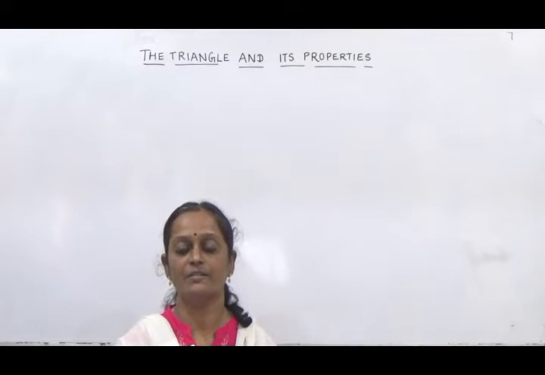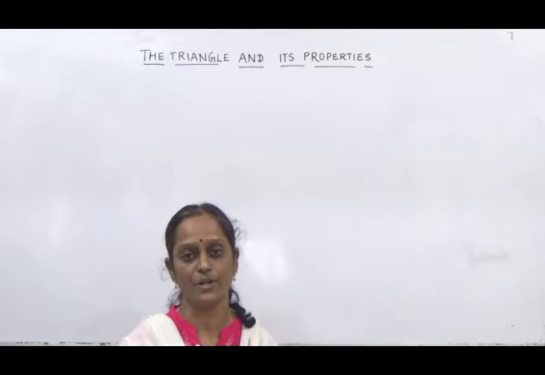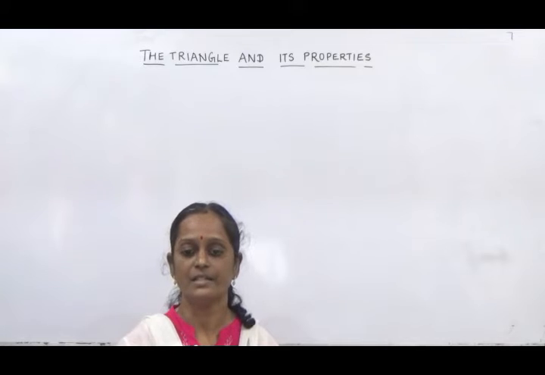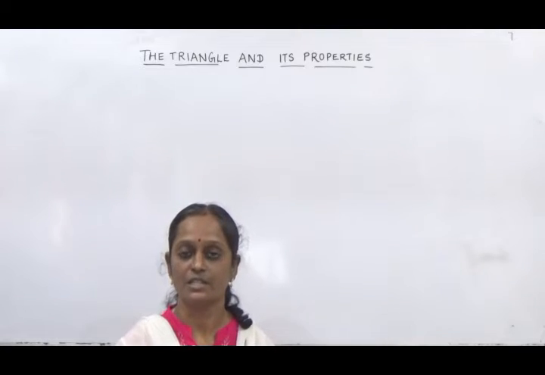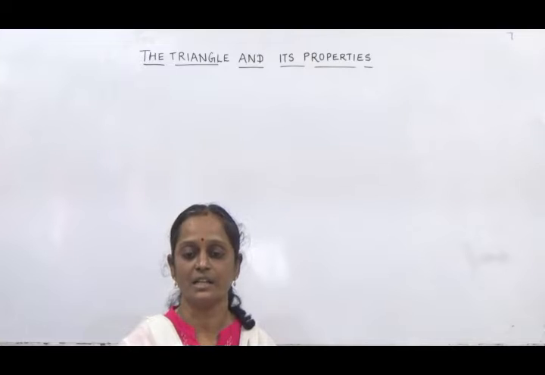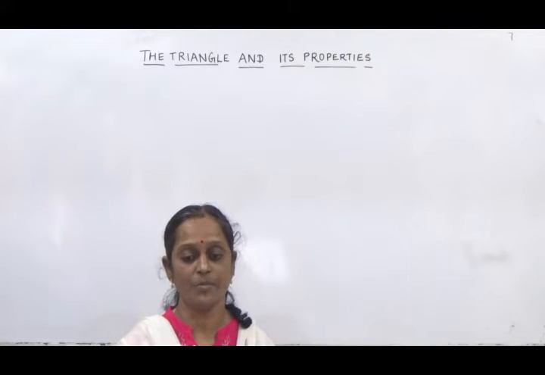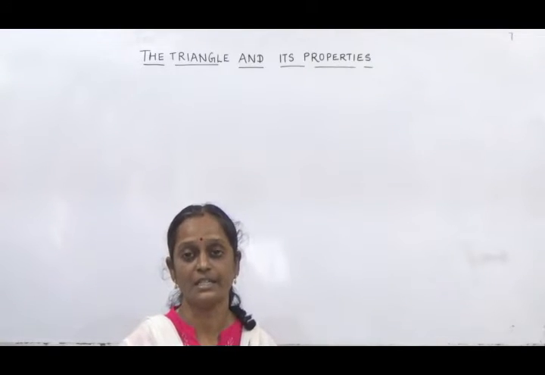In the previous class we learnt about the exterior angle property of a triangle. We learnt that the measure of an exterior angle of a triangle is equal to the sum of the measures of the two interior opposite angles. Students, now let us start today's class with a remarkable and important property of a triangle connecting the three